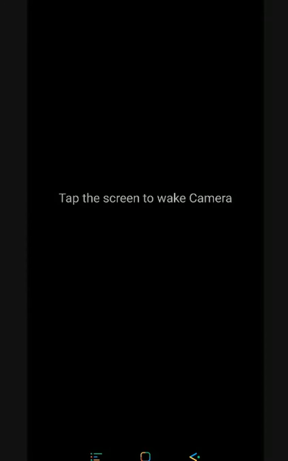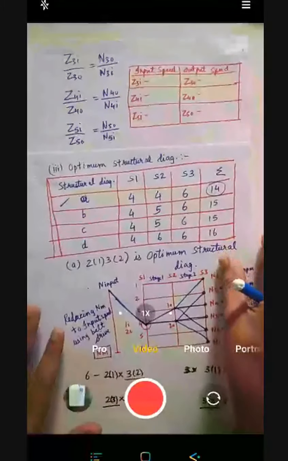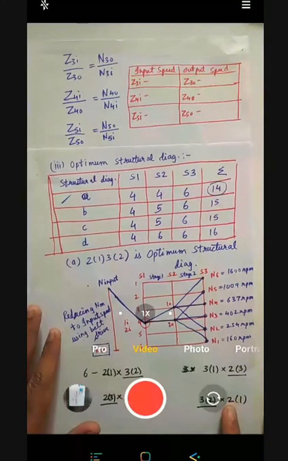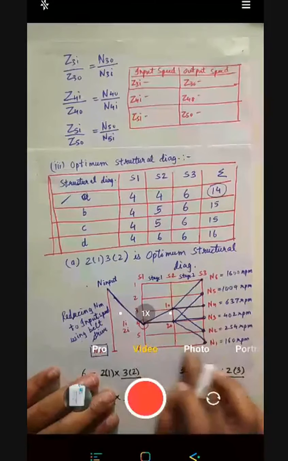हाँ हाँ. तो जो That is same at a single interval of time. What do you feel? The input will be same or at a different? At same instant it would be for a shaft 2 it would be same. मतलब अगर एक ही टाइम पे देखोगे तो एक टाइम पे तो एक ही स्पीड से घूमेगी. Yes, proper. See now, I will prove that from your optimum structural diagram.